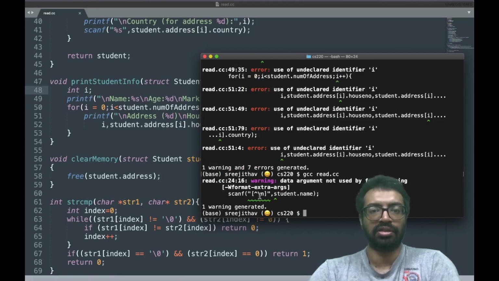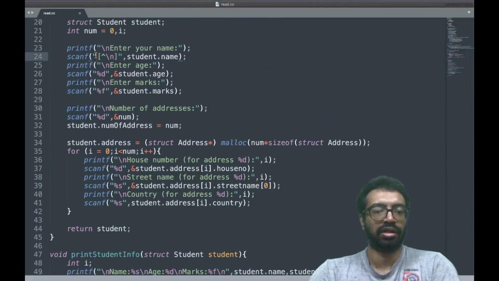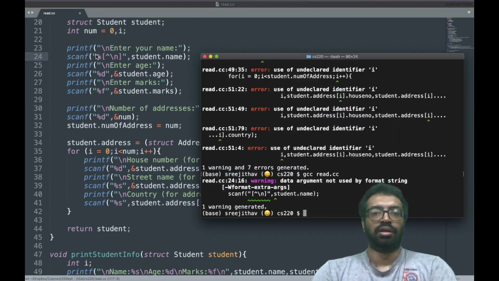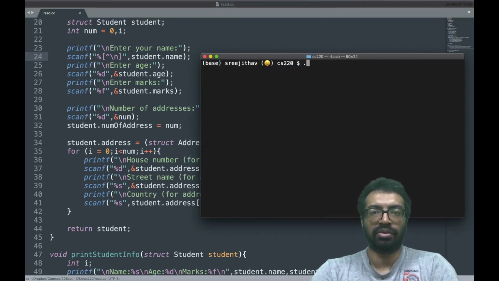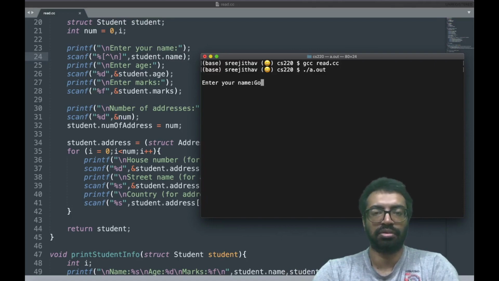Okay, so percentage is not put here. So where is it? Right there. Let's see now. GCC. What is it? Read.cc. Yeah. Now let's see. Let's run. It's asking name. Let me just try to go in. Age is